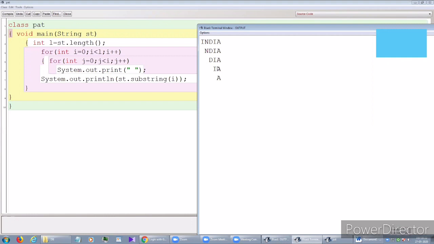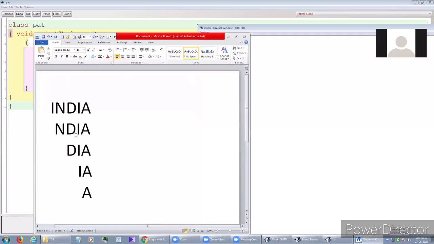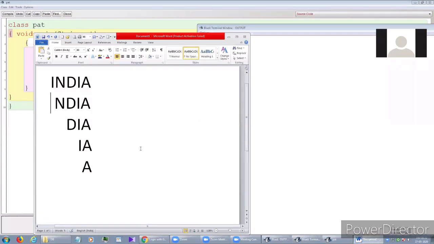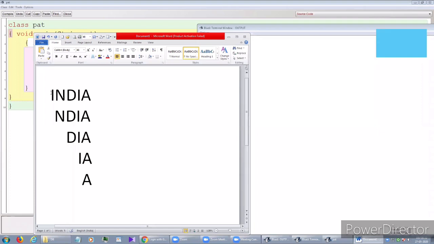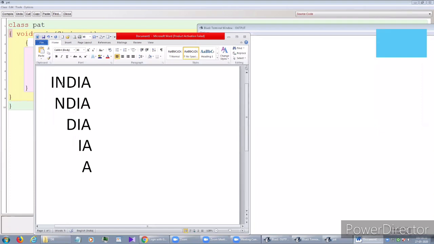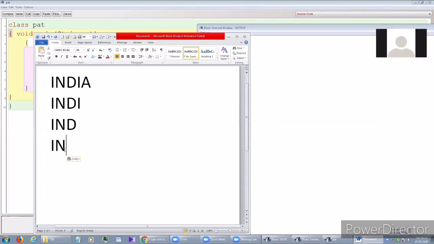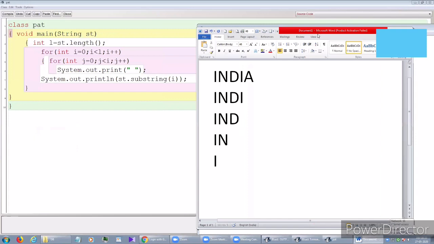So now if I move on to the next pattern, India is there, and if I change the pattern, now if I want this pattern, Harsha, can you hear me? Harsha, are you there? Yes, sir. Can you explain what changes we need if I want to print this pattern? In this code, what necessary changes do we need to do?